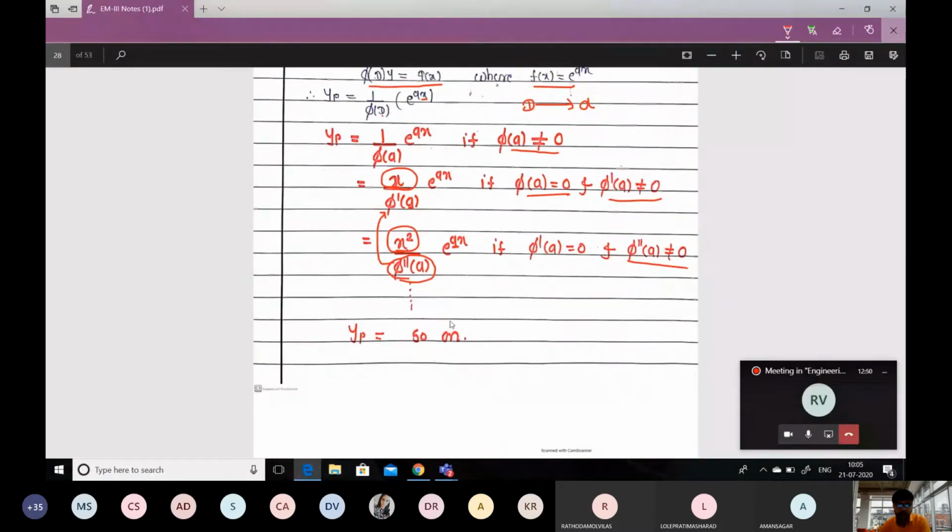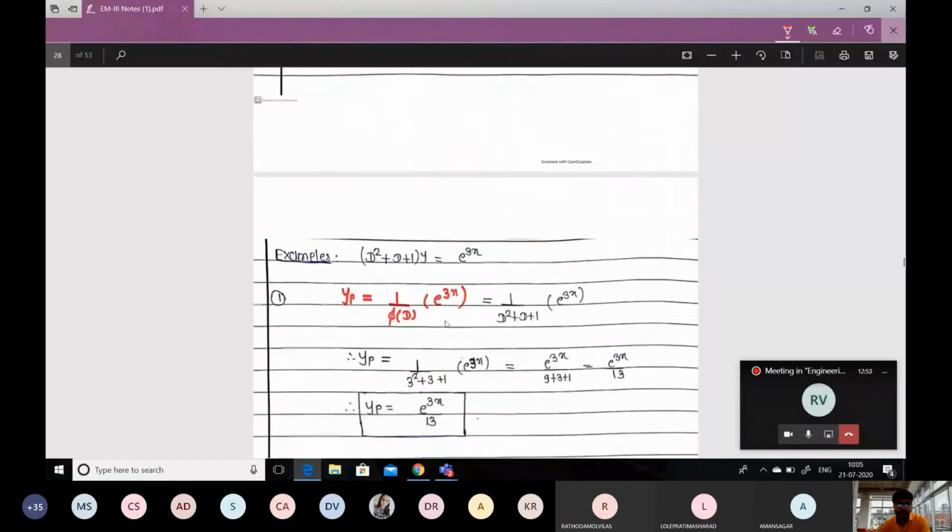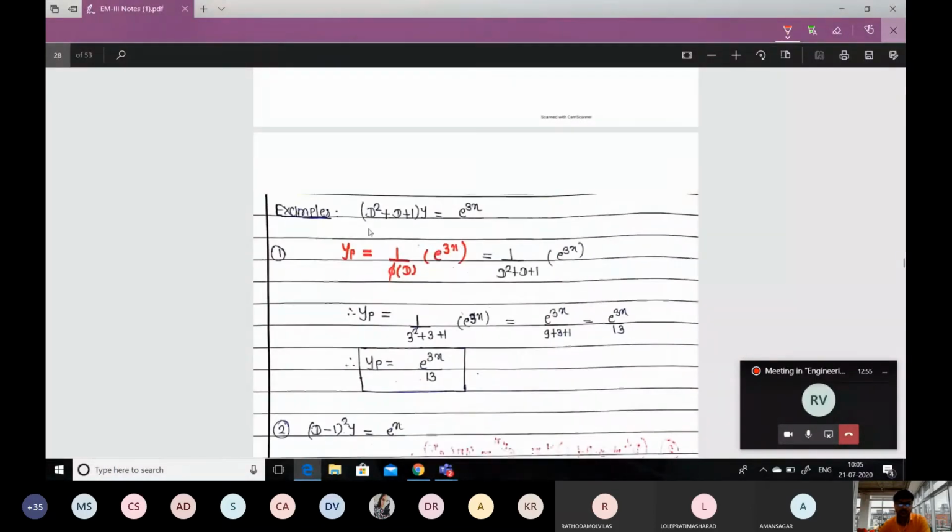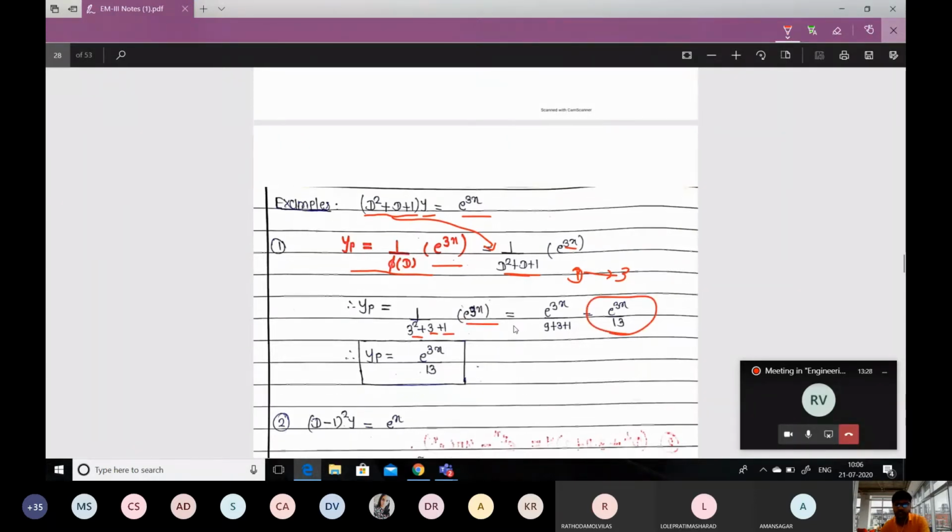So this is formula number 1, the shortcut method, and we already saw one example based on this. If there is a differential equation like D square plus D plus 1 times y is equal to e to the power 3x, and we want to find the particular integral, then you consider yp is equal to 1 upon phi of D on e to the power 3x. I'm writing 1 upon D square plus D plus 1, and by using the formula just replace D by the coefficient of x, which is 3. So we will get 1 upon 3 square plus 3 plus 1 times e to the power 3x, and do the calculation, you will get this term. This will be the particular integral.